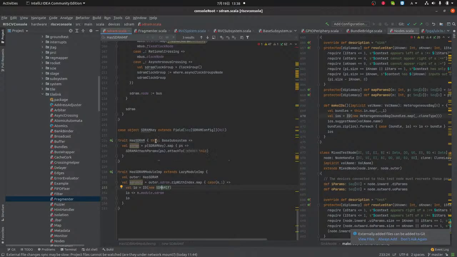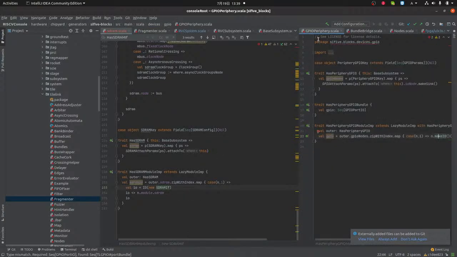Maybe I need to create it first. I create first the IO, then connect it. I mean, we can do that, but